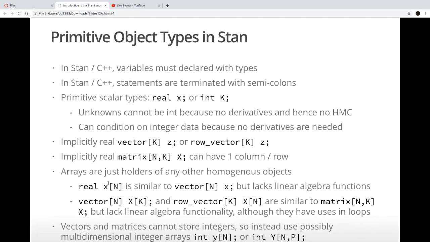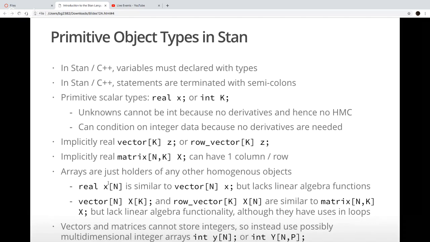The real array of size n is really just storage. It doesn't have any linear algebra concepts associated with it, and thus you couldn't multiply a matrix with n rows by a real array that has n elements. That will result in a syntax error, but you could do it if that was a row vector.